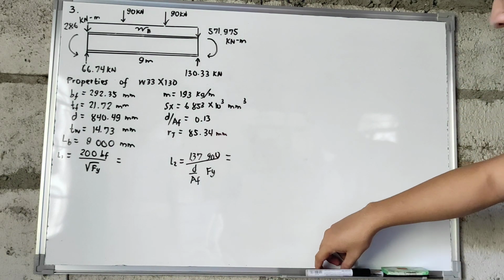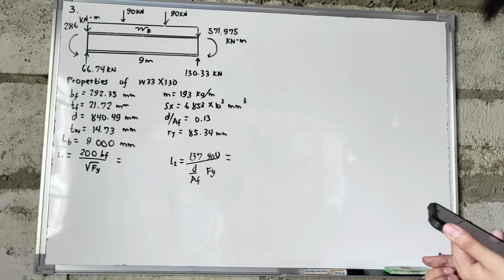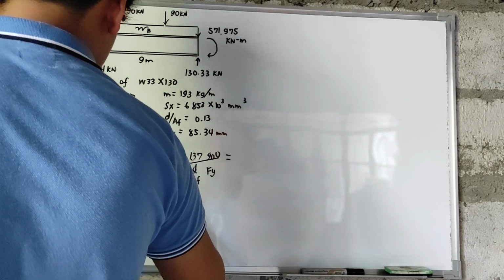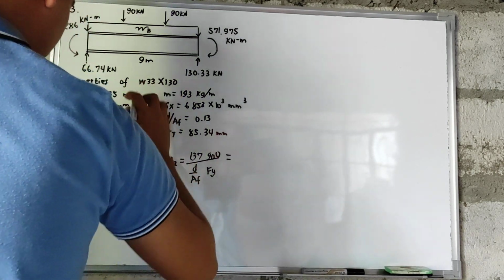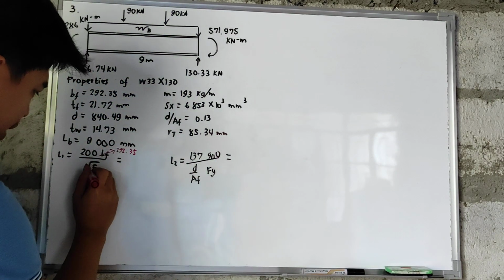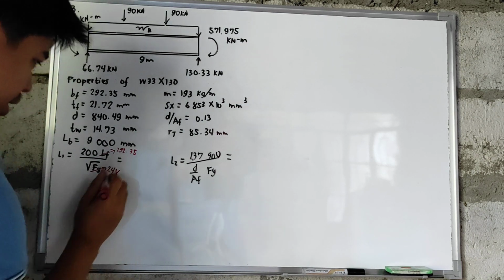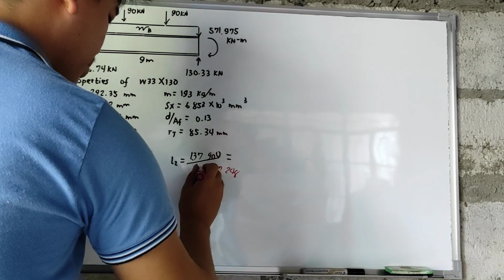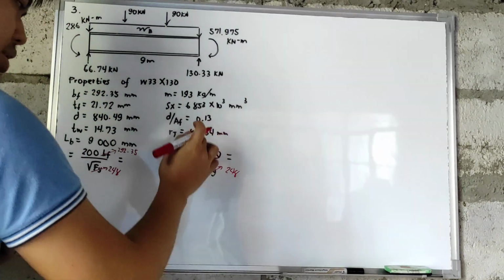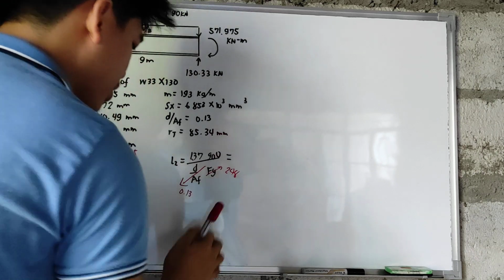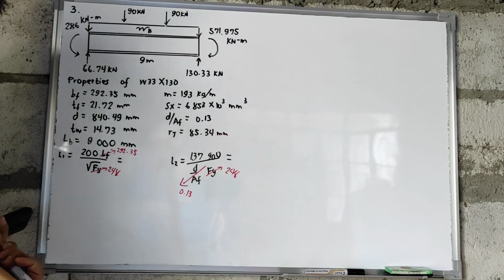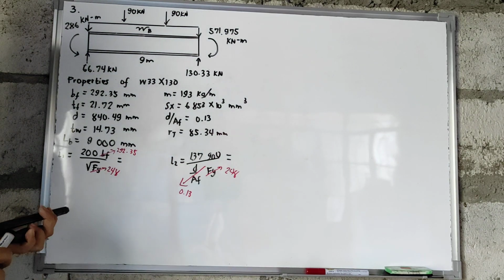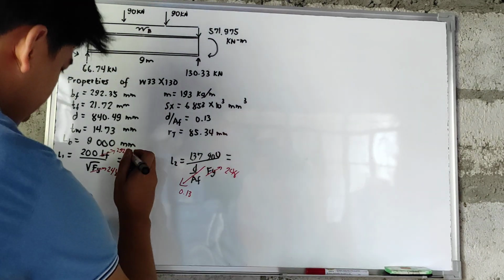So, we have a base of the flange which is equal to 292.35. Yung Fy natin is equal to 248. Tapos, yung D over AF natin which is equal to 0.13. So, makukuha na natin yung value ng L sub 1 at saka L sub 2, which are equal to